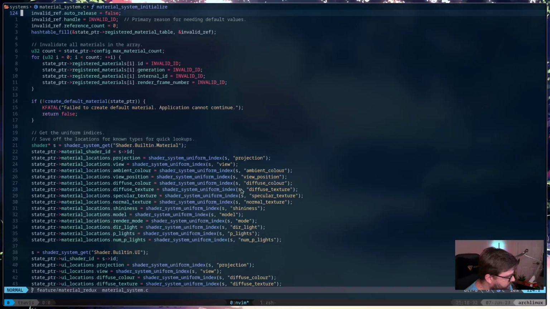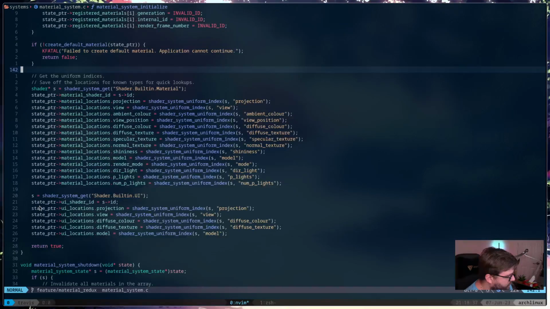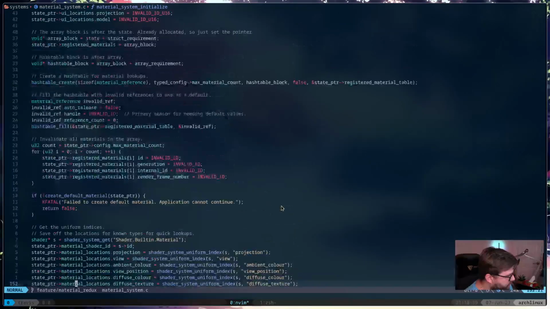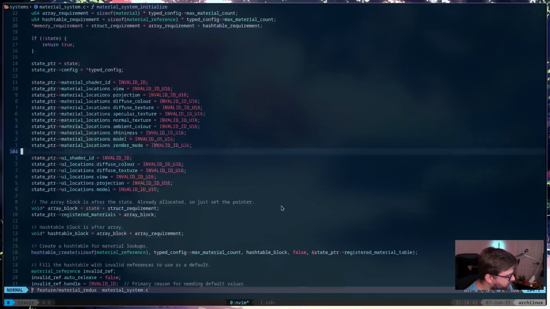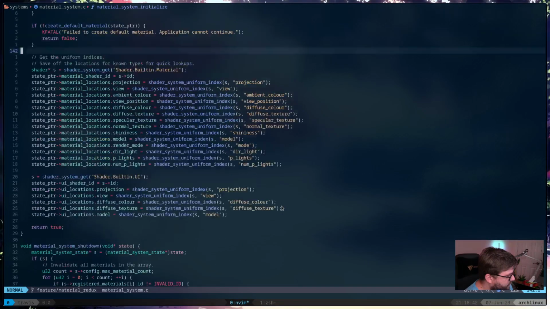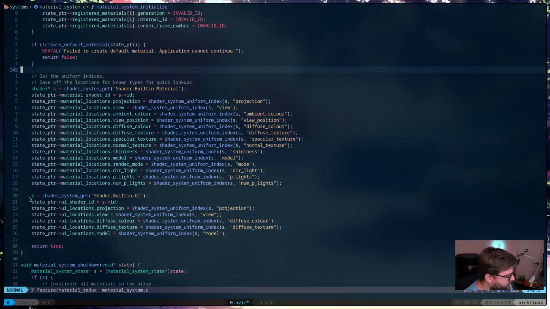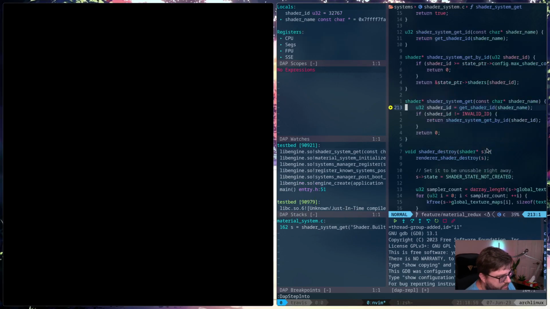Let's see. So this is the initialize. So I guess we could set a breakpoint here and launch. See if we can get to this. Okay, step into.